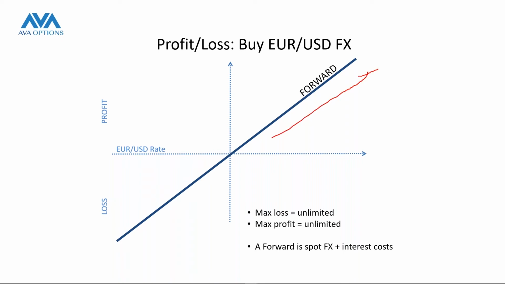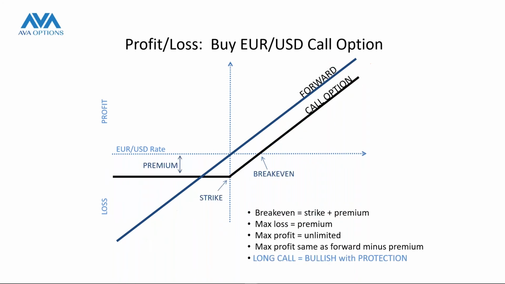Here we go. This is a picture of trading Eurodollar, just buying the Eurodollar. On the x-axis along the bottom, we have the rate. If you buy and the market goes up, you can have unlimited profits as the market goes higher. However, if the market goes down, you can have unlimited losses until you hit either your stop loss or a take profit. And I'm assuming here that everyone on the call has some experience with trading, whether trading foreign exchange or any CFD. If you buy, you have unlimited profit potential, and you also have unlimited loss potential.